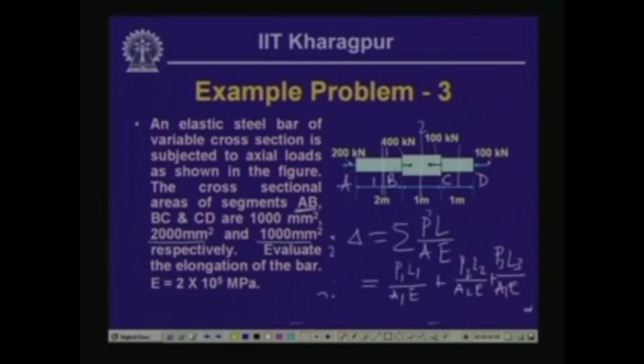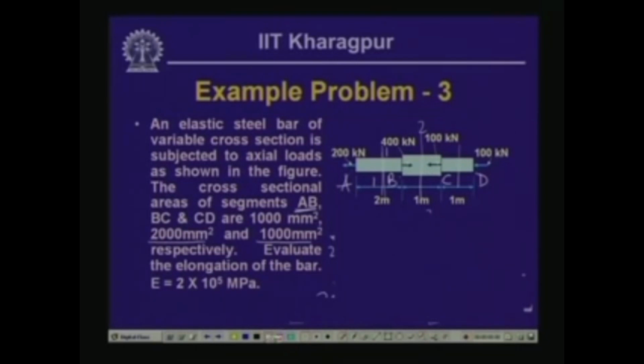Now, for the second segment, this P2 is negative, is compressive, if we call P1 as tensile as positive. For the third segment, P3 is compressive and again negative. Now, if we substitute these values, as we know the value of P1, L1 and A1, and correspondingly P2, L2 and A2, P3, L3 and A3, and if we calculate that, we can compute the